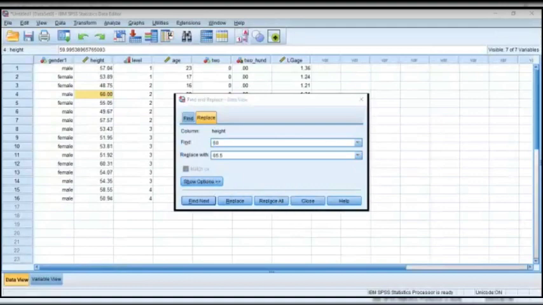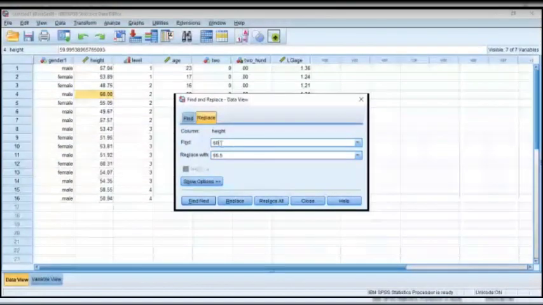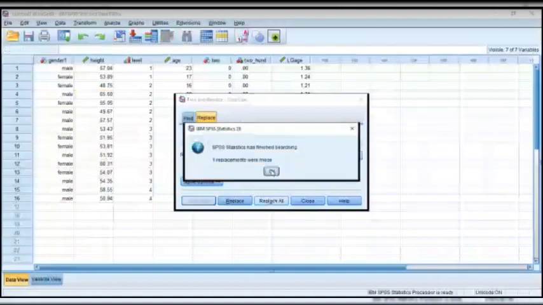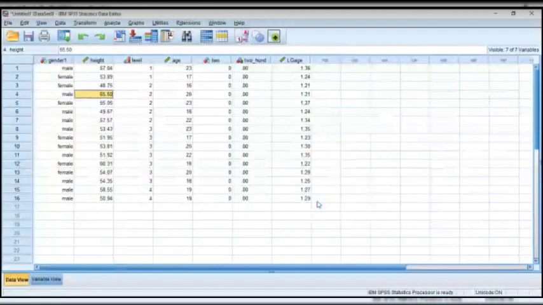Replace all. Does not match any. Okay, 60.00. Let's see if that works. Okay, now it has replaced it.